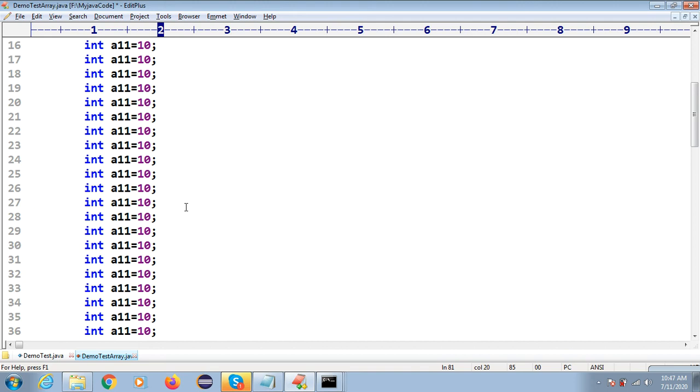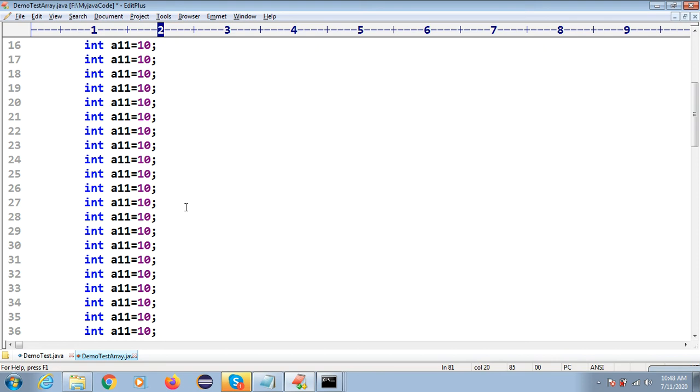I can give you one example. You have developed one application where you are storing 100 employees' data. In my company we have 100 employees, so I have given the size as 100. After a few months some employees resign and leave, so you have to delete that data. Again you have to modify all the logic, write the code for delete or remove, and write the code for add yourself. That is very hectic to maintain in our application.